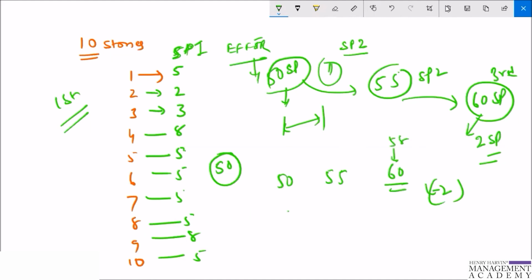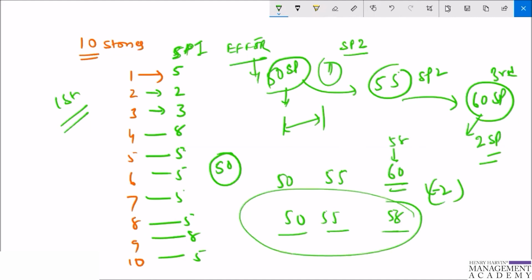So we can see here that the amount of work the team is delivering over the period of the sprints is 50, 55, and 58, which means if we take an average, approximately the team can deliver 55 story points worth of work, and this 55 story points worth of work is known as the velocity of the team,